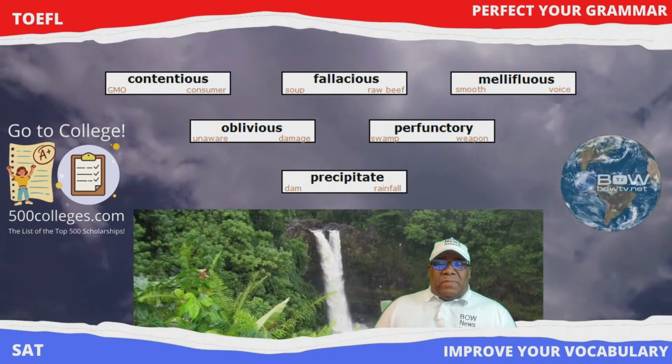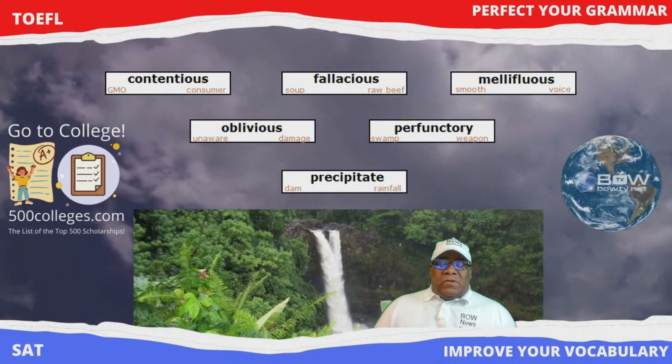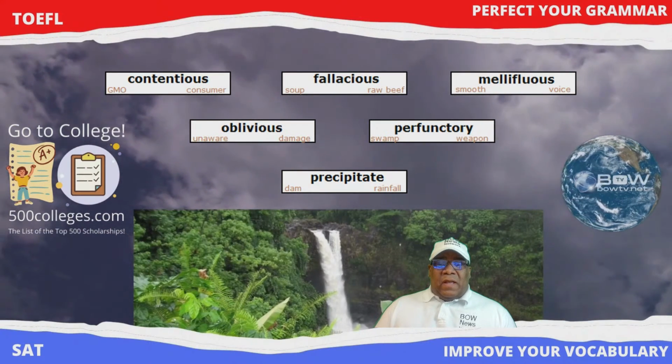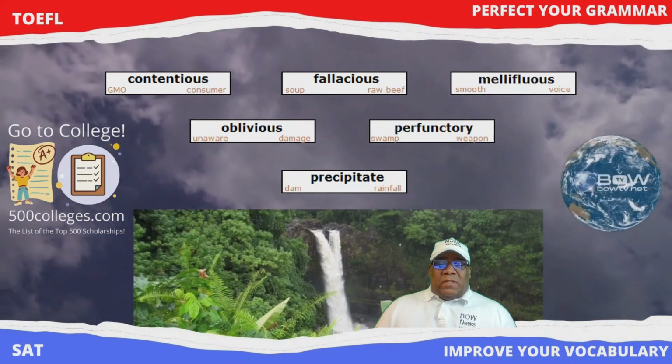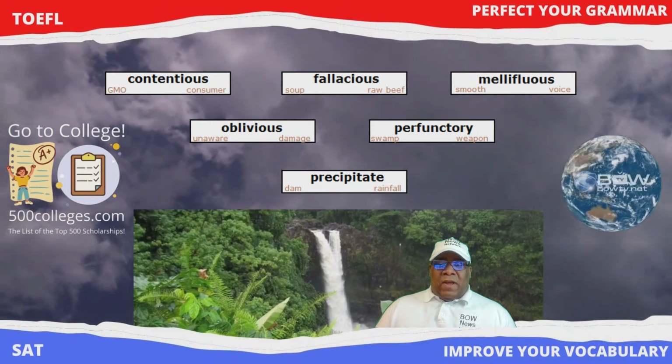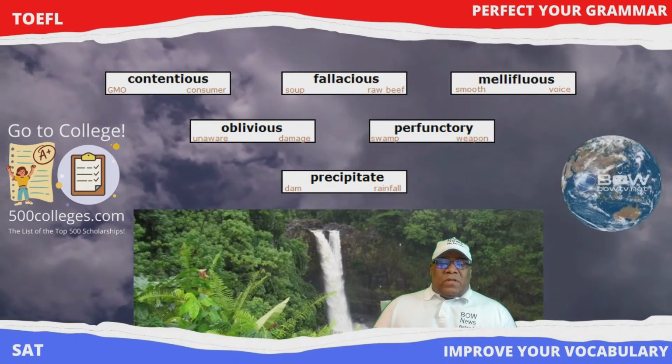And then we have precipitate, and this is going to be our 6th word here. The breach of the dam was precipitated by heavy rainfall. So the keywords combined with our word